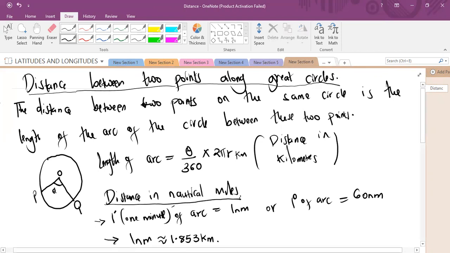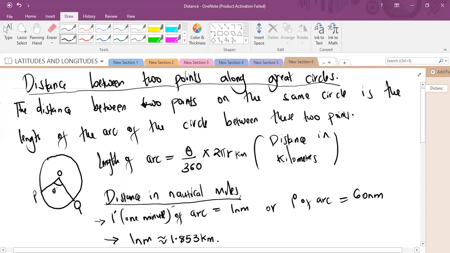We take up a circle like this, and let's say this is a meridian on this side, and then we want to find the distance PQ. Now, how are we going to get the distance PQ? The distance PQ is basically the arc all round, so from 0 to P, P to Q, Q to 0. So basically that's like the perimeter of this particular